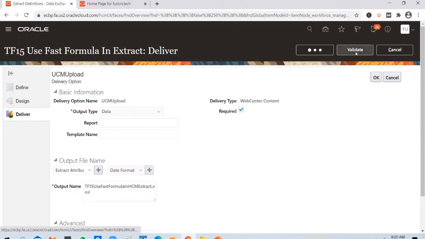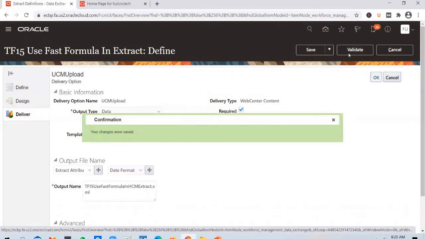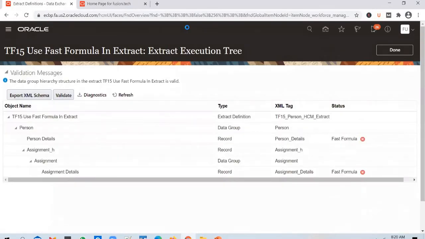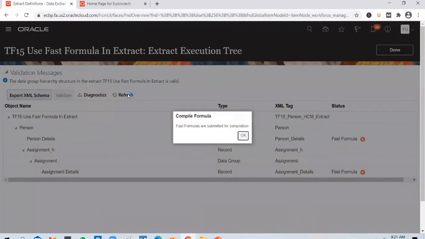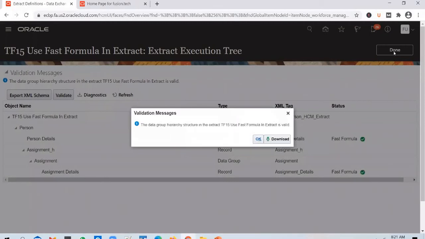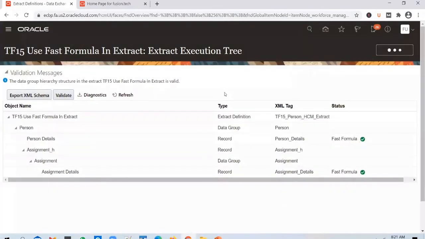I'll save it. And we go ahead and validate the extract. It is valid now.